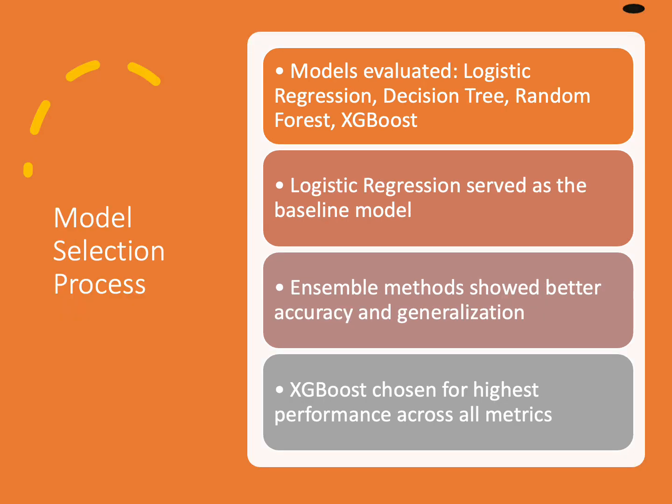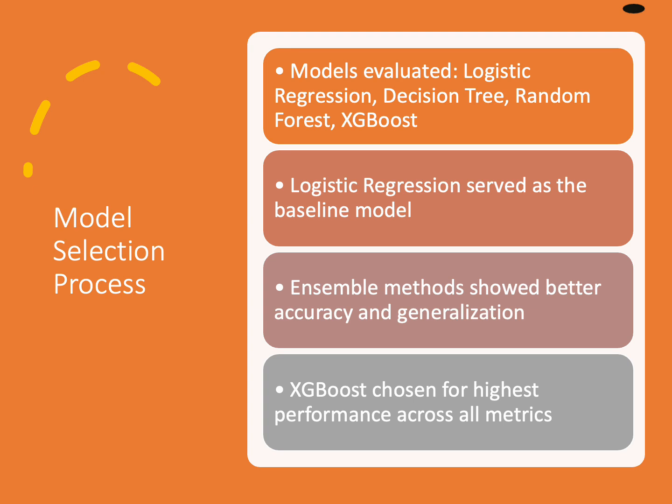We explored 4 models: logistic regression, decision tree, random forest, and XGBoost. Logistic regression was selected as a baseline due to its simplicity and ease of interpretation. Decision trees were evaluated for their transparency in decision making. Random forest, an ensemble method, improved accuracy and robustness by combining multiple decision trees. XGBoost, a gradient boosting technique, stood out for its ability to manage complex interactions and deliver high precision.